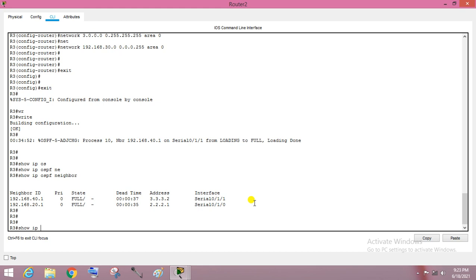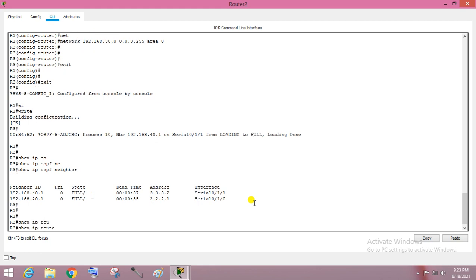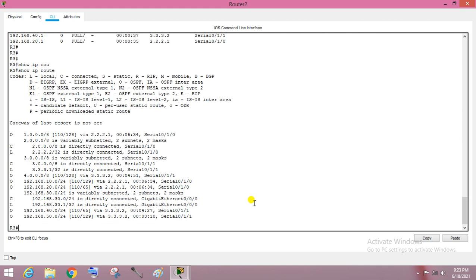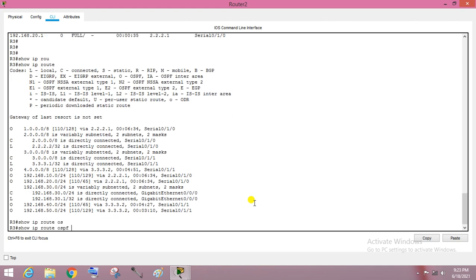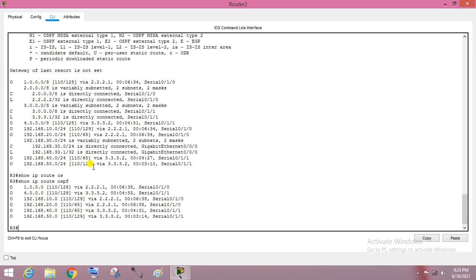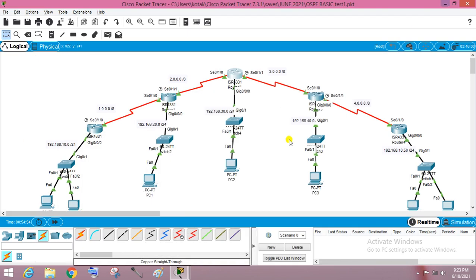So show ip route, okay, filter with OSPF because so many routes are there. You can check the 50 network is coming here also, and 110 is the administrative distance of OSPF, and this is the cost by which OSPF is getting the network.